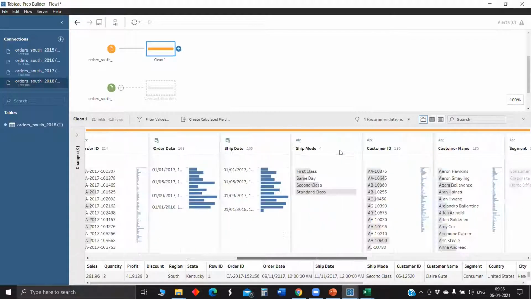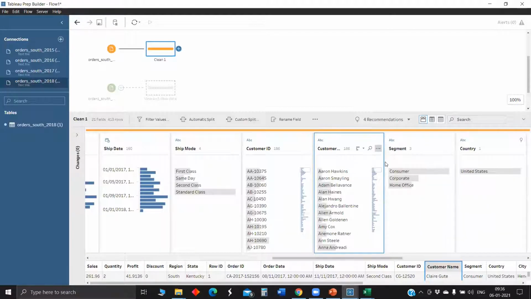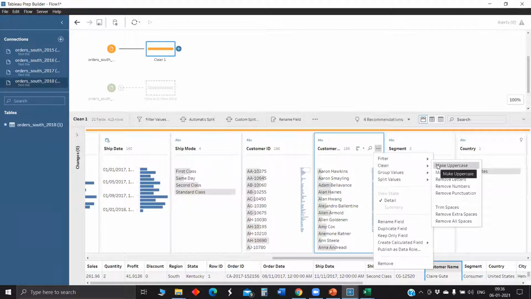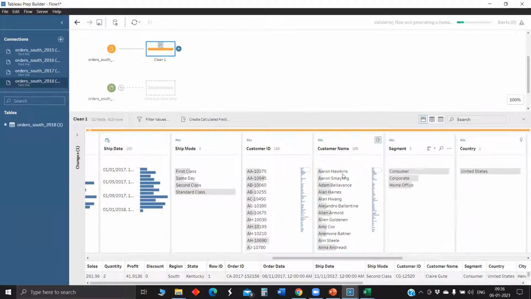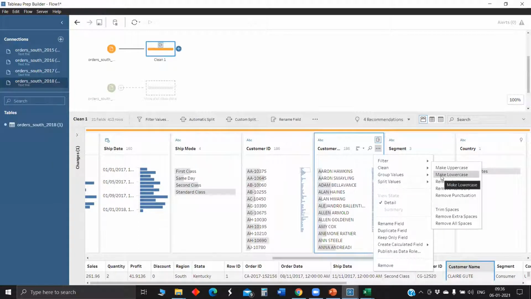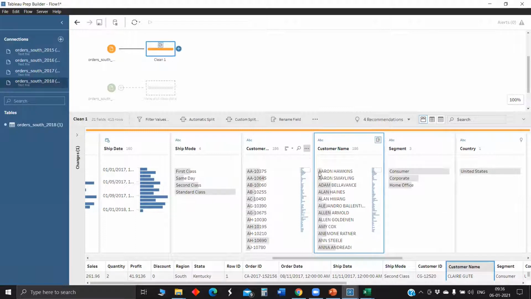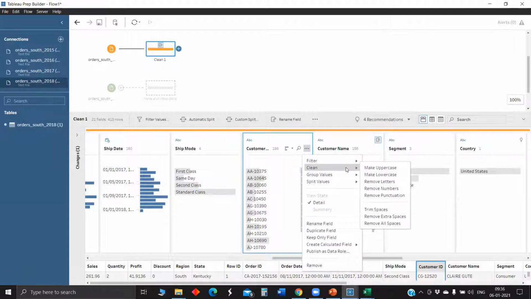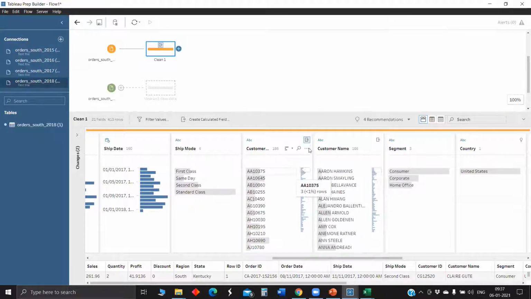Here in a string field, we have a lot of options under Clean. If you would like to make it uppercase directly, if you click, all the names will be converted to uppercase, and lowercase as well. In customer ID, if you see, there are numbers, letters, and punctuation as well. If you would like to remove punctuation, click clean and remove punctuation, and the hyphen will be removed.